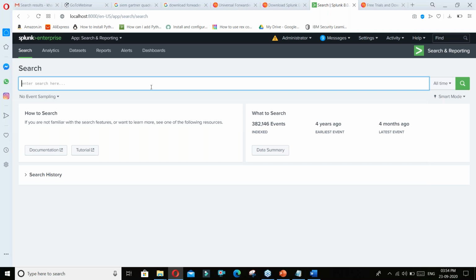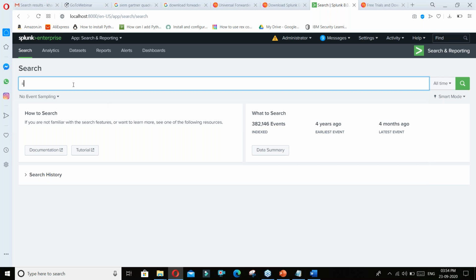So guys, this is how the console looks like. I don't have a valid license because it's not freeware. It requires buying a license from the Splunk website. Mine has expired, so I'm just walking you through the console, how it looks. So this is the Splunk console.